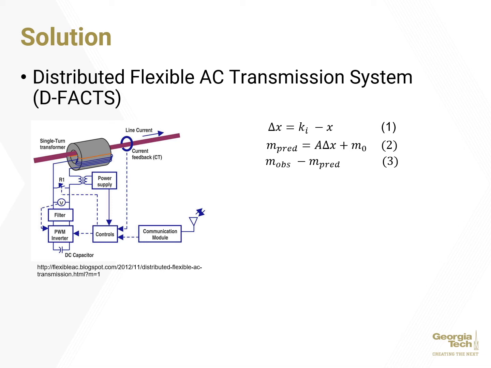After calculating the results of equation 1, we can then use delta X and multiply it with the variable A, the expected change in response to the change in impedance. Then by adding M naught, which is the measured line flows prior to perturbations, we can therefore calculate a predicted value and subtract it from the observed value. Any values outside of an acceptable range should be flagged and looked at. This type of perturbation is very hard to predict for an adversary.